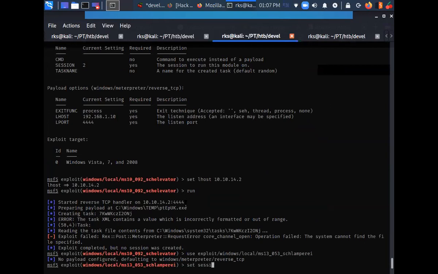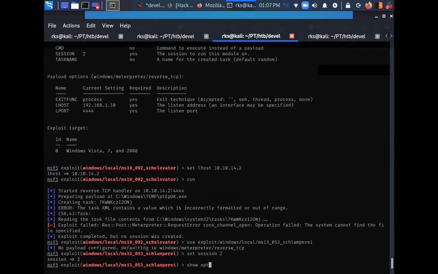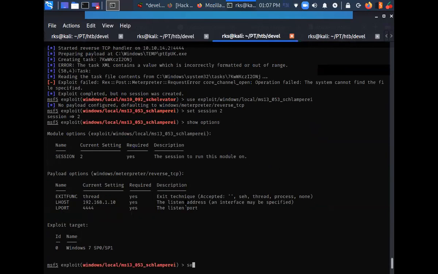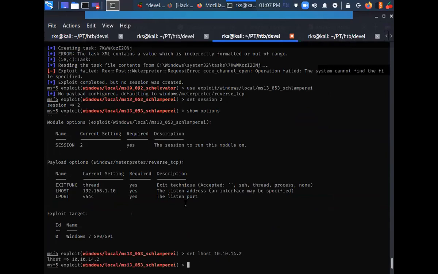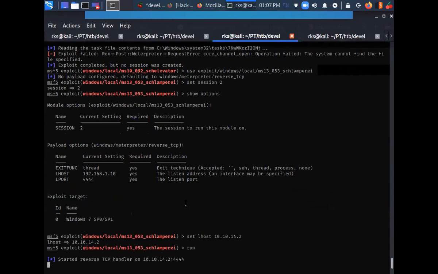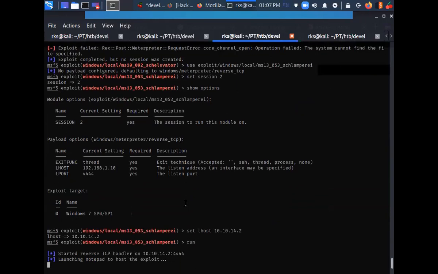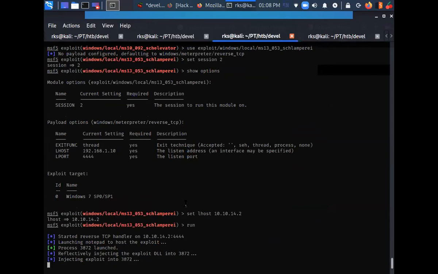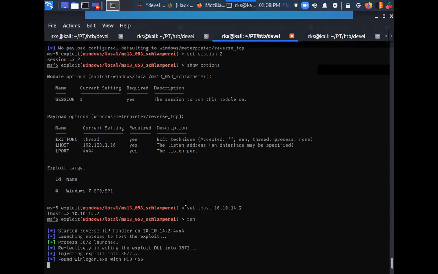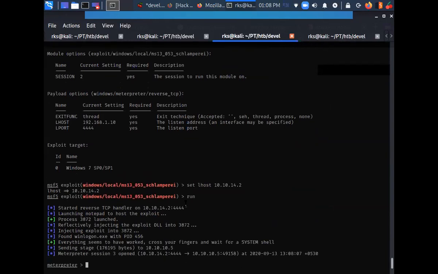Set session to... and here you can see that this exploit worked.